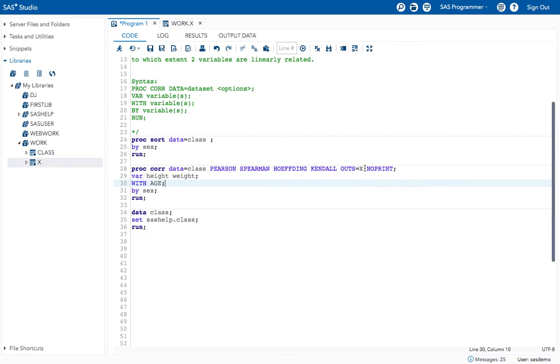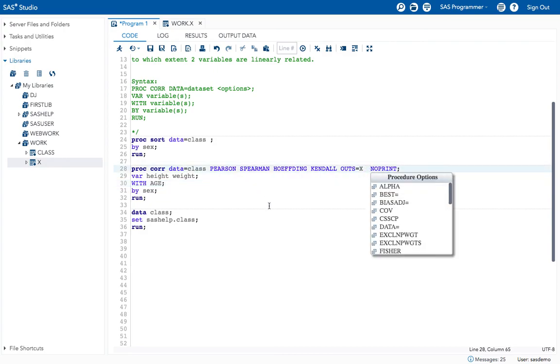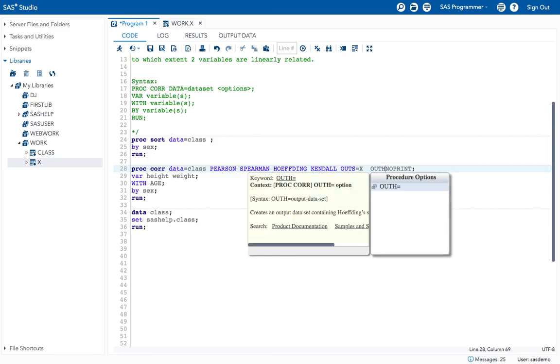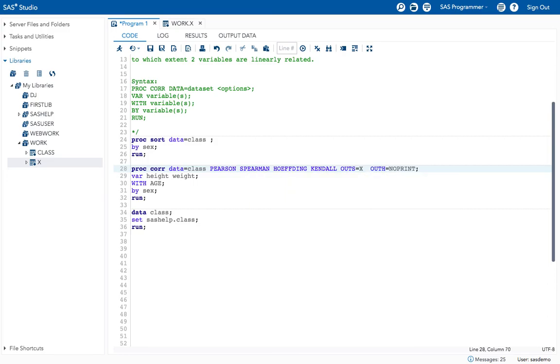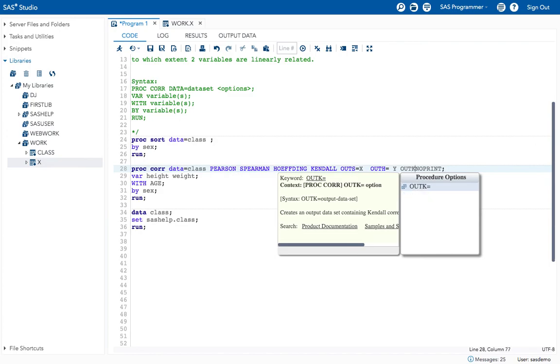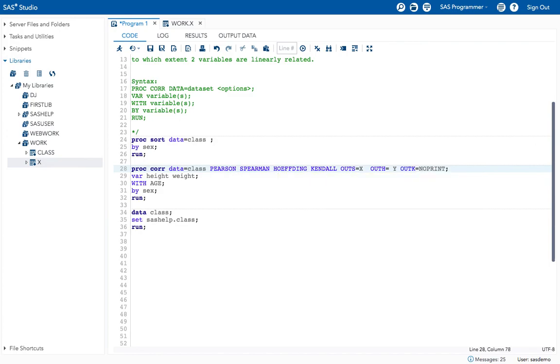If you want to print, see, I want to get OUTH for Hoeffding's value, right? So I want that to be Y, and now I want my OUTK for the Kendall's value, okay, equal to Z, and what else, Pearson, right?